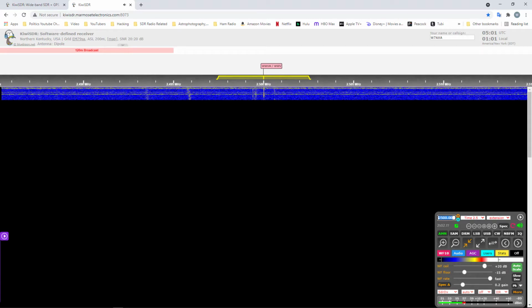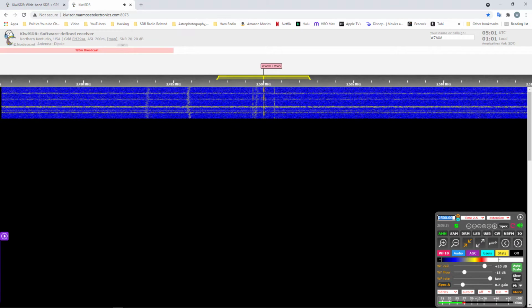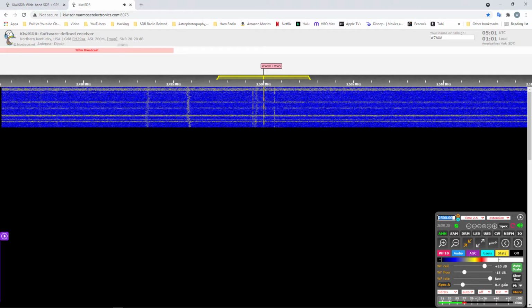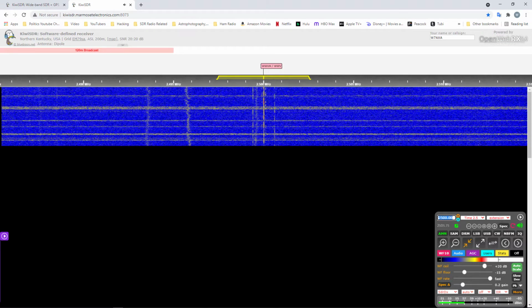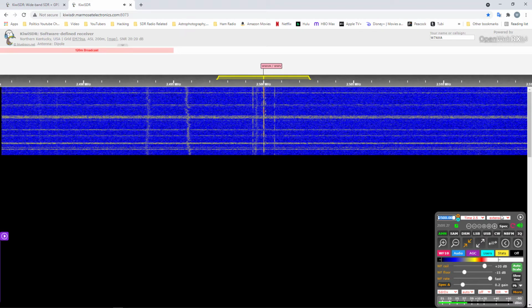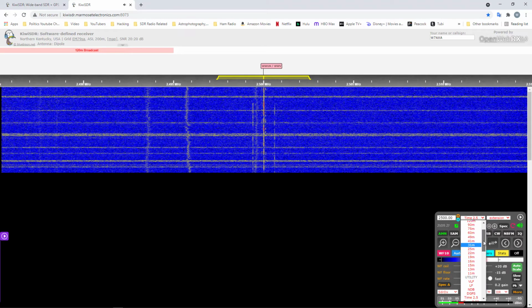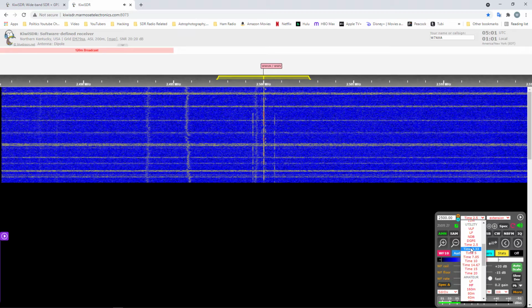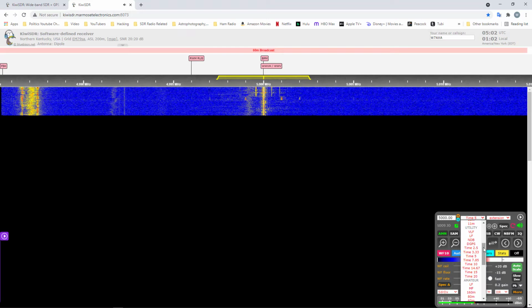Let's see what the reception is like there. It's also another good way to check what the band is like with that antenna that you're accessing. So 2.5 megahertz isn't super strong right now, but it so happens that 5 megahertz and 10 megahertz is humming. Looks pretty good.